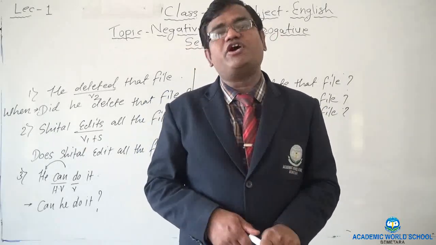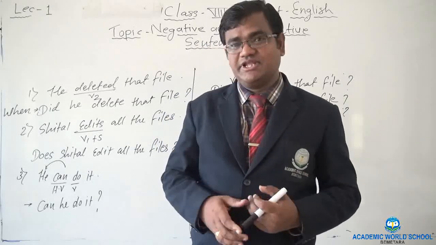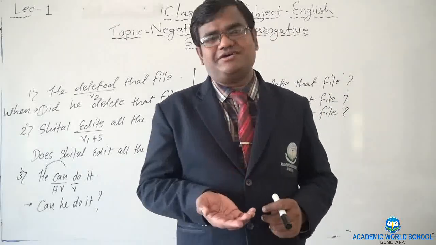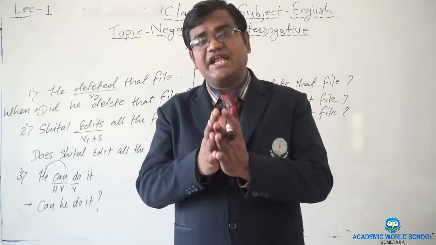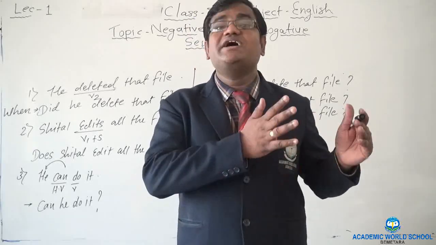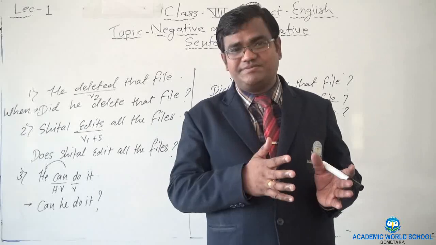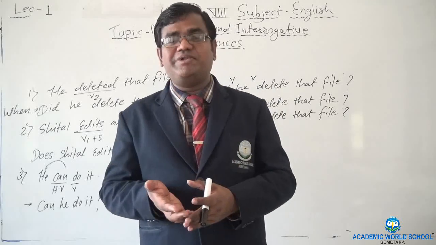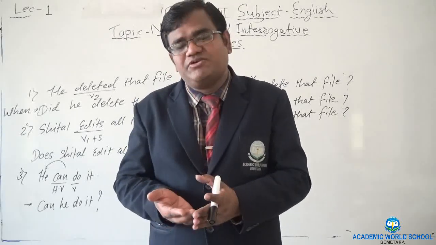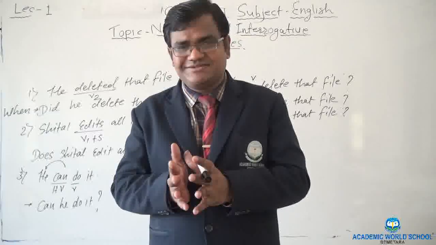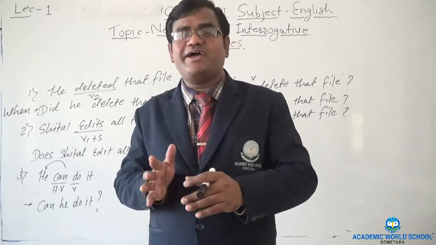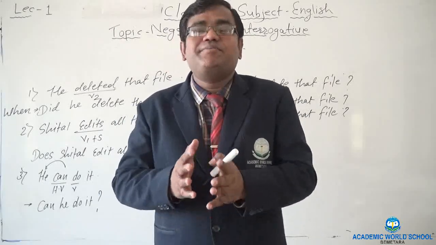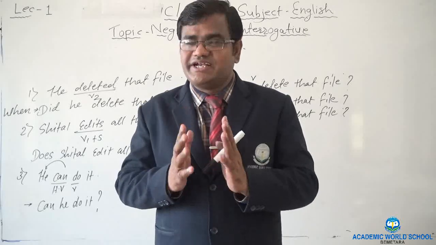So let's summarize what we learned today. In negative sentences we first learned that we have to put "not" to make the sentence negative, and we cannot put "not" without a helping verb. There are different helping verbs, just find them and use "not". In case there is no helping verb, like in simple present tense, first form of the verb, if the verb has s or es, take does. If it doesn't have s or es, take do. And if the verb is in the second form, simply use did to make the sentence negative.